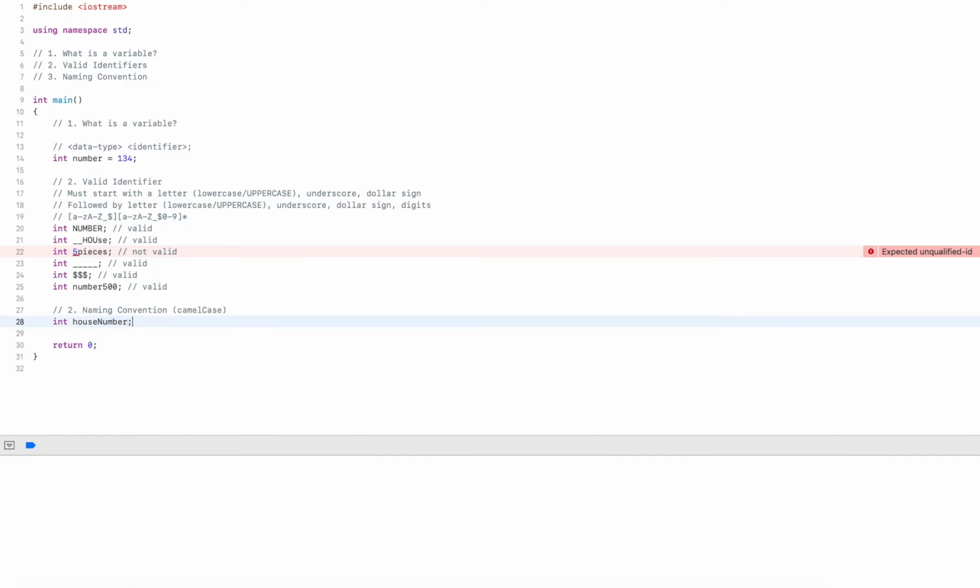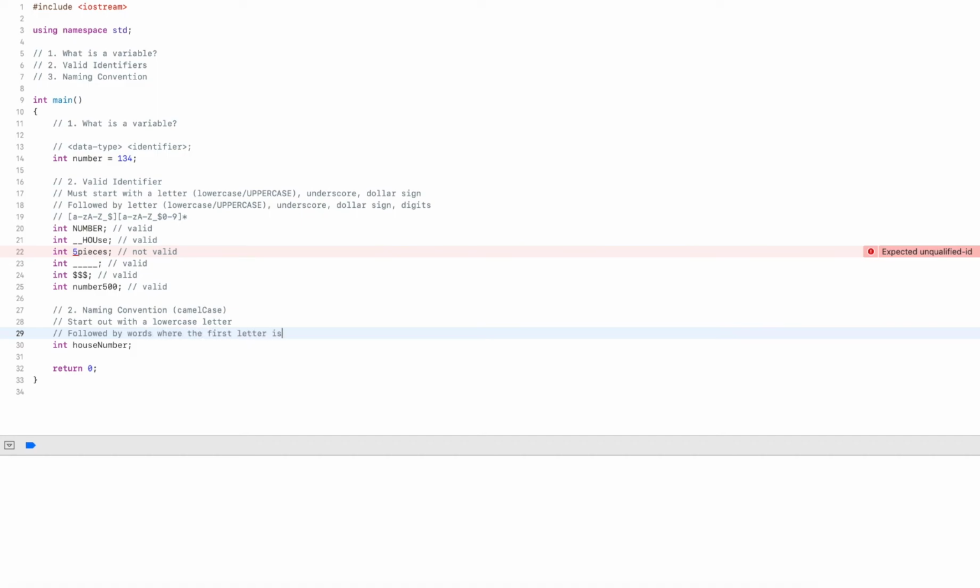And optionally, we can end with a digit. So again, start out with a lowercase letter followed by words where the first letter is in uppercase, and then optionally end with digits.